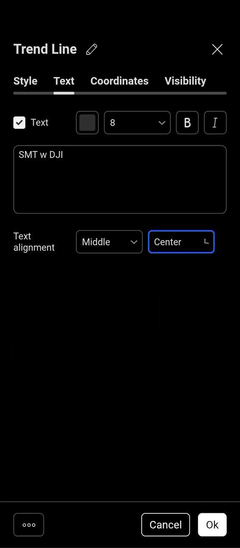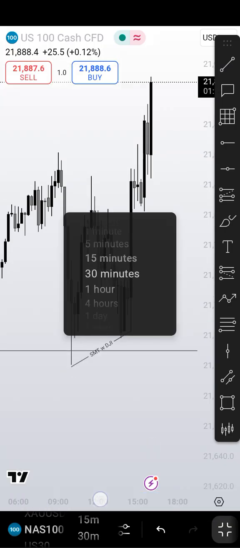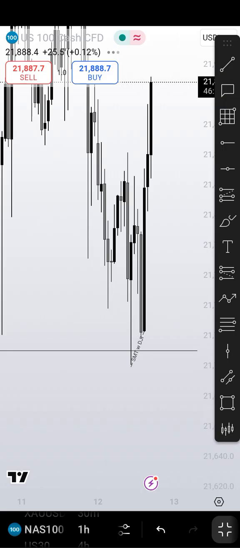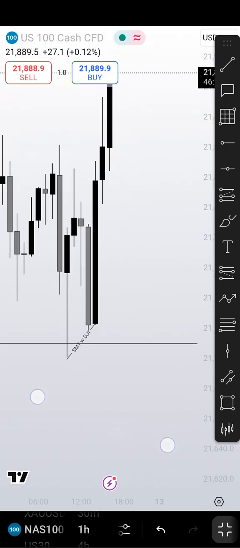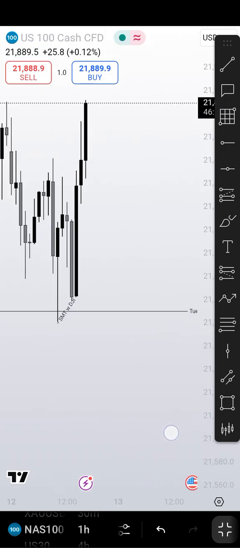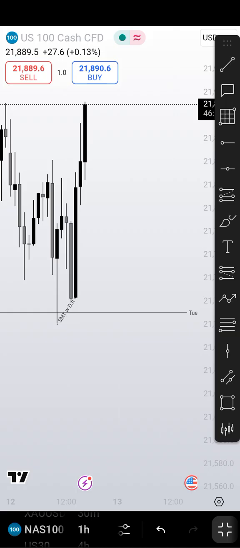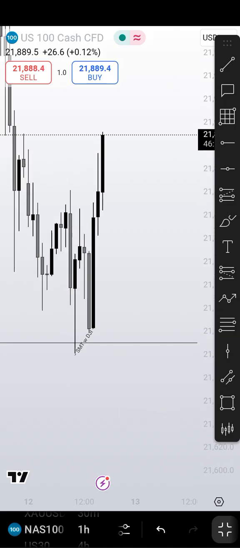And the reason why it's an SMT, I'm sure you guys know it by now, is because on NQ we failed to take out the low that swept Tuesday's low, and on the Dow Jones we took out the low that swept Tuesday's low. So